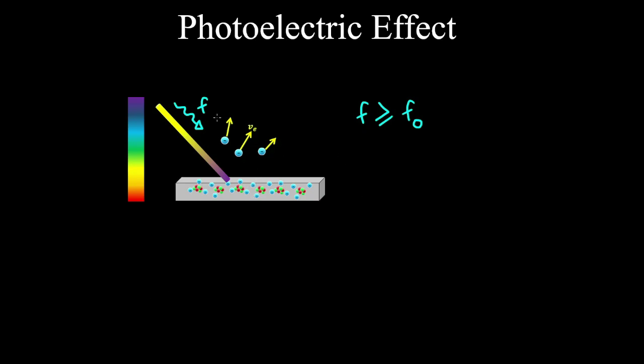Now the energy of the emitted electrons does not depend on the number of photons that are incident on the material. So in other words, a higher light intensity means a higher number of photons being incident on the material's surface, then you'll have more electrons being ejected, but there's a maximum kinetic energy of the photoelectrons.